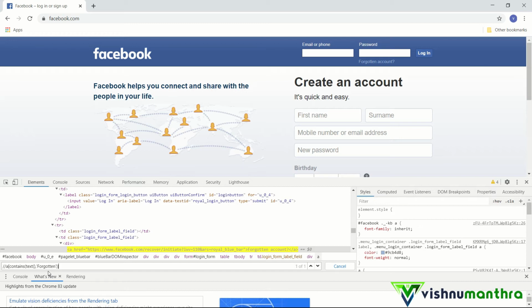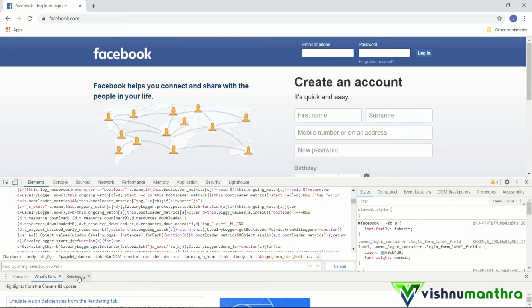A practical example where we can use it is, suppose in our application, whenever we log in, there is a welcome text, welcome followed by the username. Then we can use this, because we don't know what the username is going to be each time. So we can just check whether the welcome is coming, or we can even pass the value of the username dynamically and see whether it is getting appended. Okay, we will understand about dynamic XPath later on. I hope this is clear.